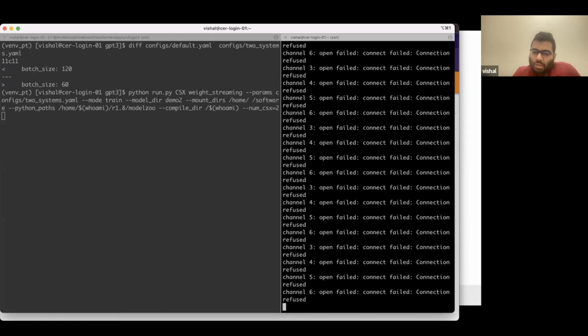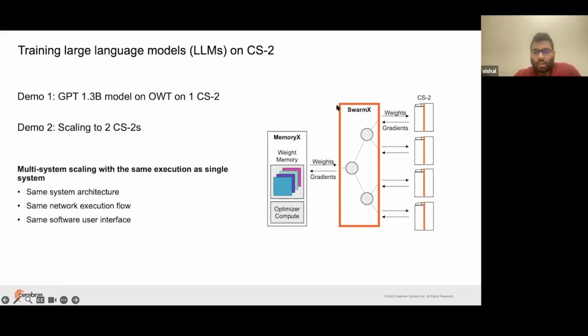CB asks a question: how does the data pipeline work on the CS2 nodes? Is it also running on the CS2 processor, or is it running on CPUs? So let me go back to the slide deck here. If we go back